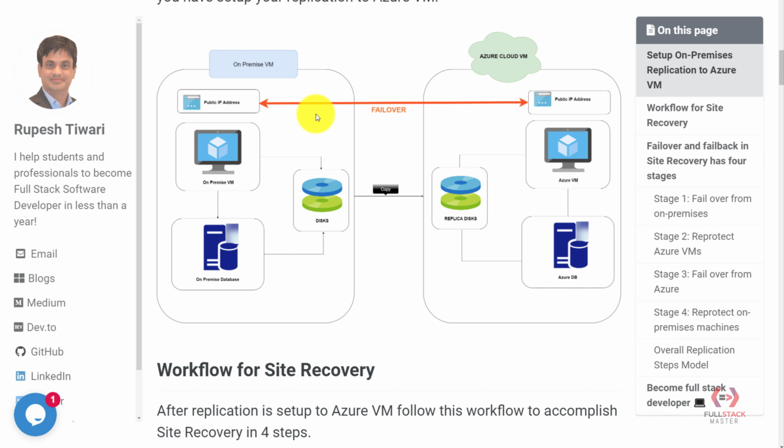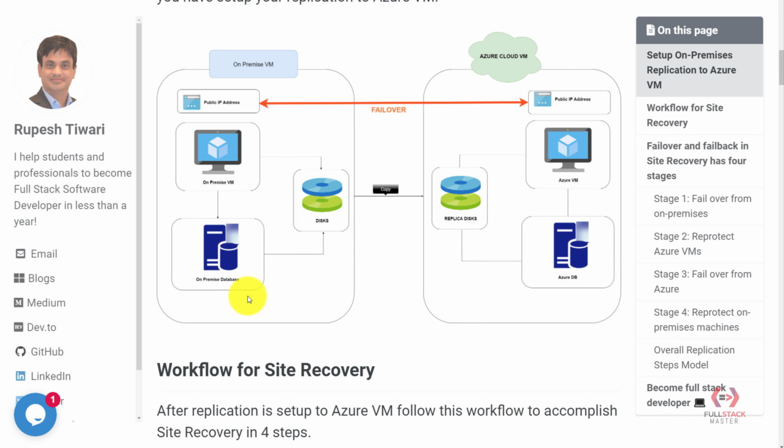Virtual machines. Before you do all of that, first let's understand how your on-premises virtual machine setup should look. In the left-hand side of my diagram, you can see that you have a public IP address and then a set of virtual machines. For simplicity, I have just drawn one virtual machine here. But imagine that you have a lot of virtual machines on premises and a set of databases. The on-premises virtual machines connect to your database so that they save the data, and you have a disk that is connected to all of the data of your on-premises.